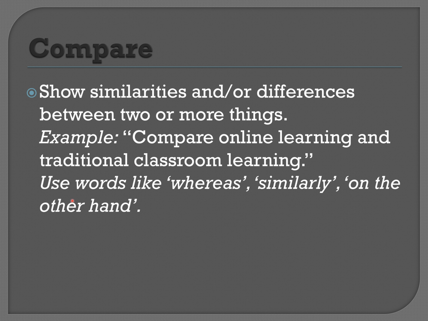Words, for example, whereas, similarly, on the other hand, you can use these words when the question starts with compare. If there are some similarities, you can use connectors like similarly, or you can say as well as. You can also use the word whereas. If there are differences, you can say on the other hand, or you can say alternatively. So these connectives can be used to make the speech more fluent.